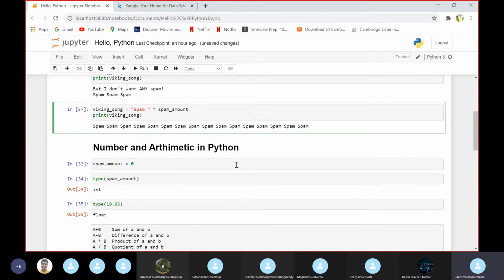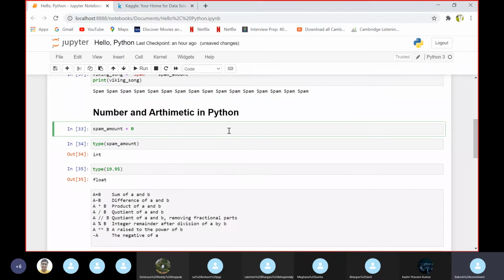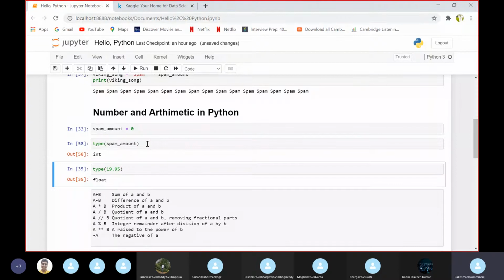Going to numbers and arithmetic in Python. You can see here we have just assigned the value 0 for spam_amount. If you want to know the type of a variable we have declared previously, we use the function called type, which gives us the type of the variable.